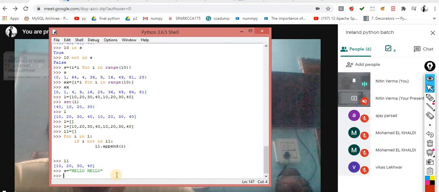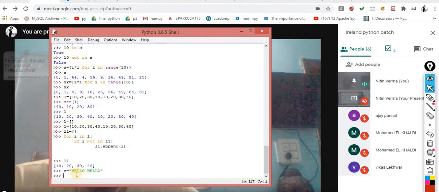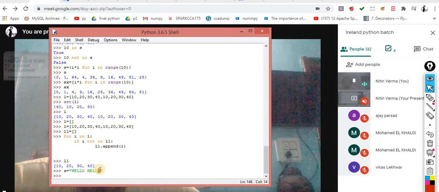If I find the different vowels, I know the vowels are A, E, I, O, U. Now my question, listen carefully, is the different vowels inside this string. There are only 2 unique vowels, E and O. Again, E and O. So what output will I get? I will get only 2 unique vowels, that is E and O. That is my problem statement. For the same, what I will do, first I am taking a list, set.